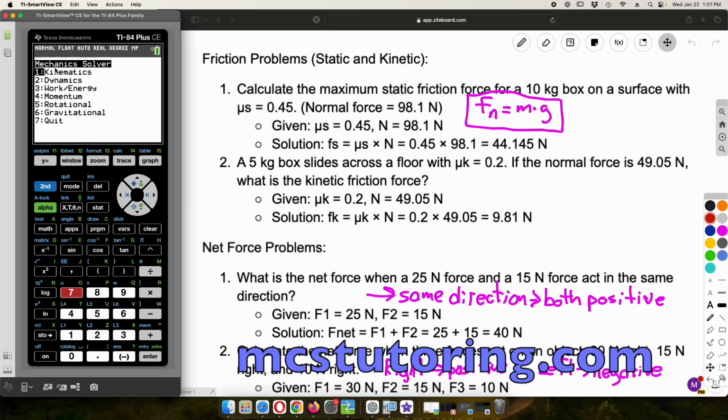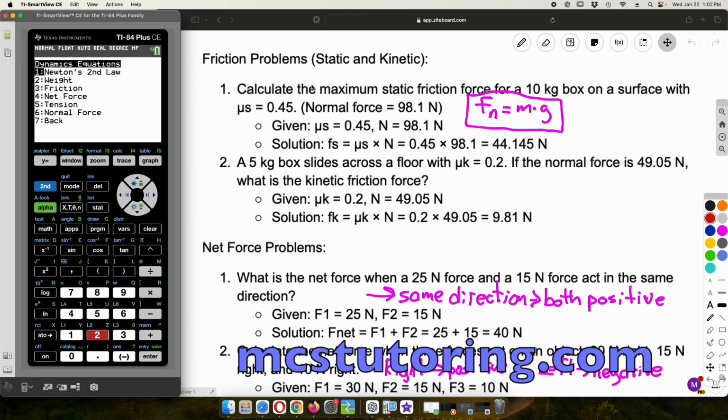Today we're going to go over this TI-84 calculator program for physics mechanics. You see all the topics it can cover: kinematics, dynamics, work and energy, momentum, rotational, gravitational. Basically a first semester college class in physics mechanics, or an AP class going over mechanics, or anything that goes over physics mechanics. But today we're going to go over dynamics, and the second and third